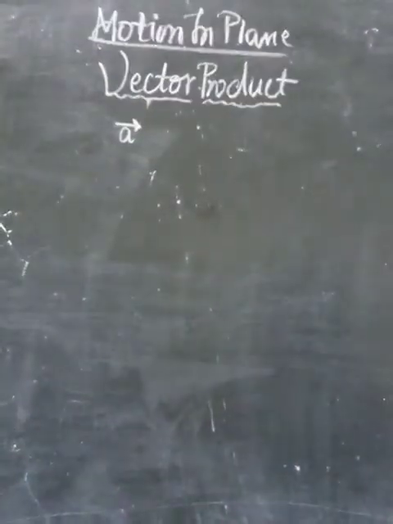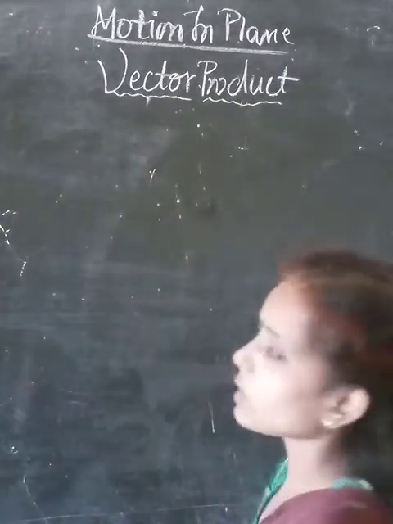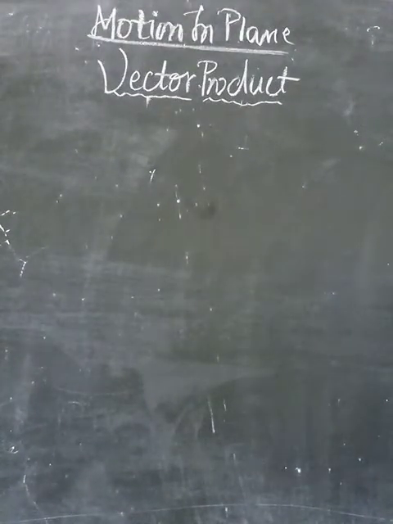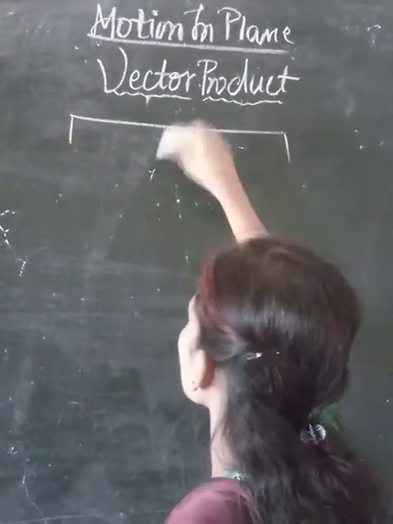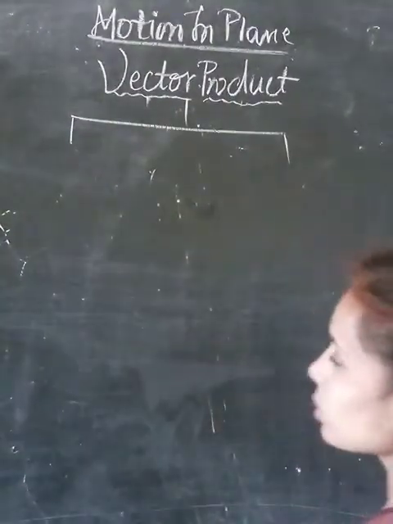Now product, what does it mean? That is multiplying two vector quantities. But when these two vector quantities are multiplied to each other, the answer of the product can depend on the two values. That is, the product can be a scalar quantity or it can be a vector quantity, because it depends on the value of the product. So here the product can be divided into two forms. The vector product can be done in two types.